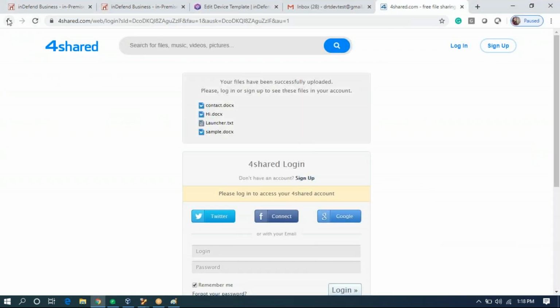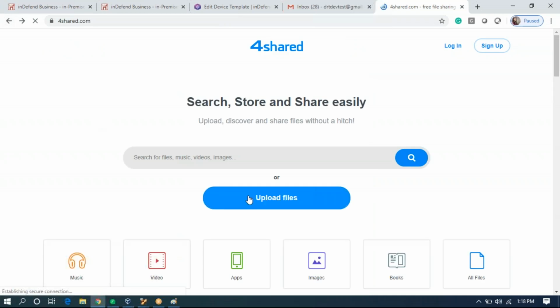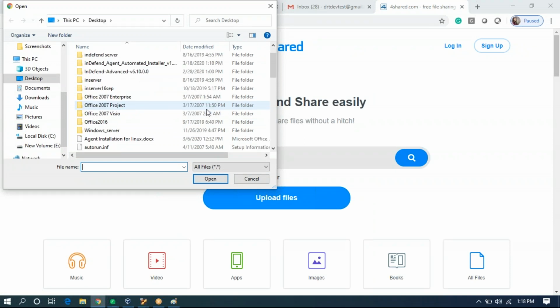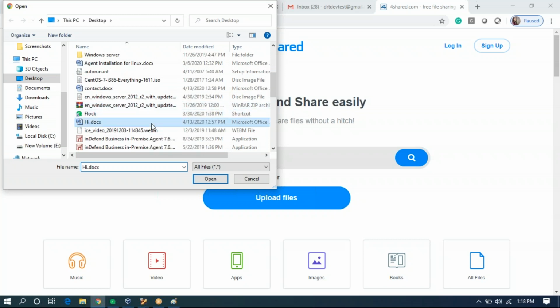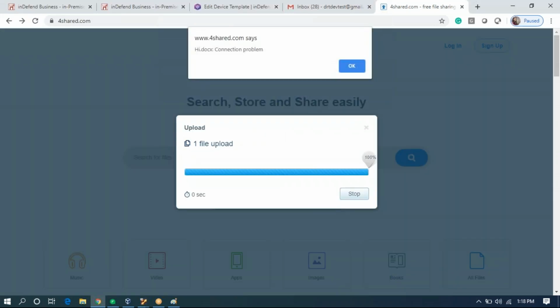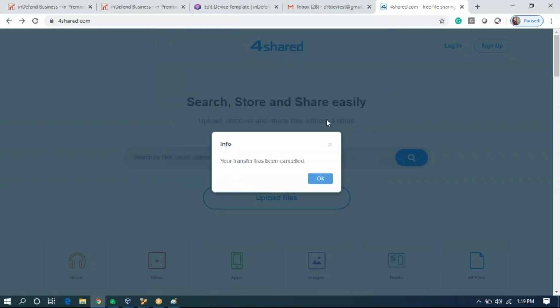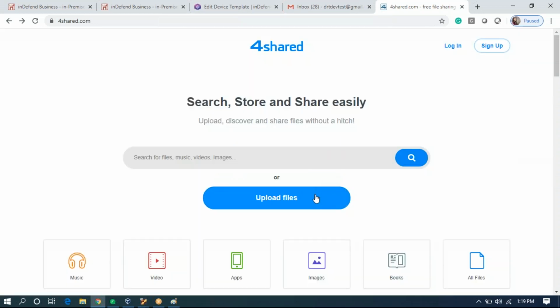So we'll go to forshare.com and now we'll try to upload these files. Now see, every website behaves differently when it comes to file uploads. Some will get stuck, they will never upload the document. Some will give you certain errors while uploading the sensitive documents, right? As you can see on Forshare, it gives you a connection problem and it never proceeds from here. So your file upload never actually gets successful. So this is how it works on Forshare. Similarly, there are other websites which might work differently.